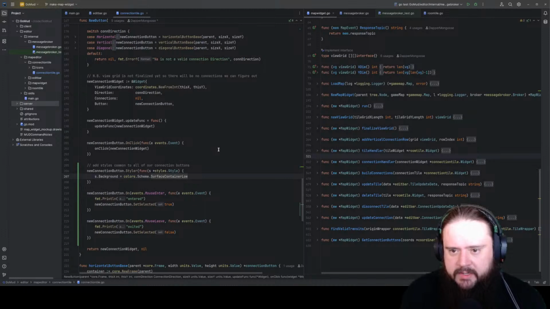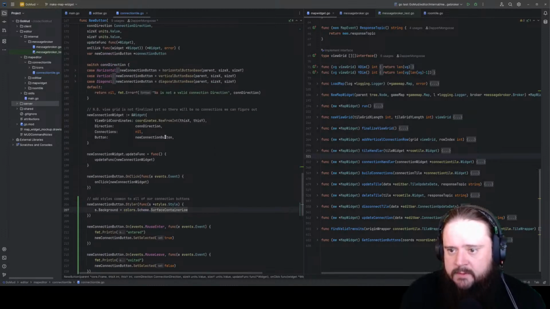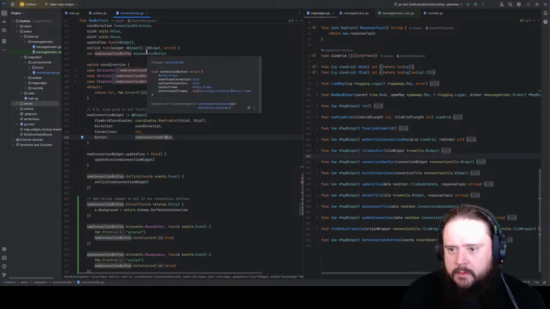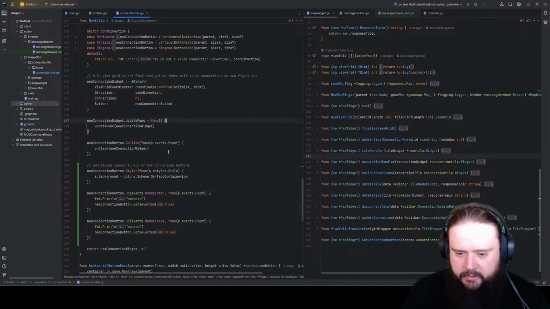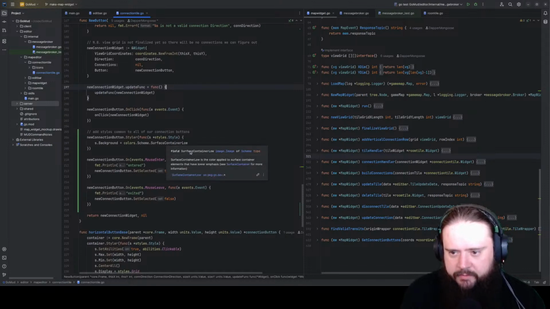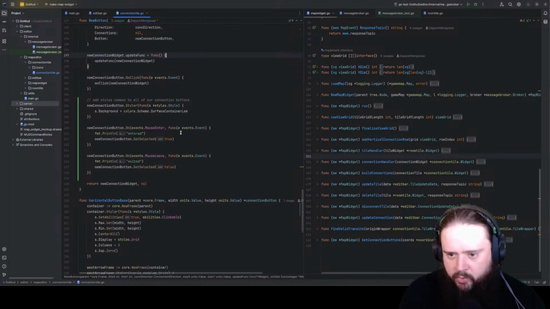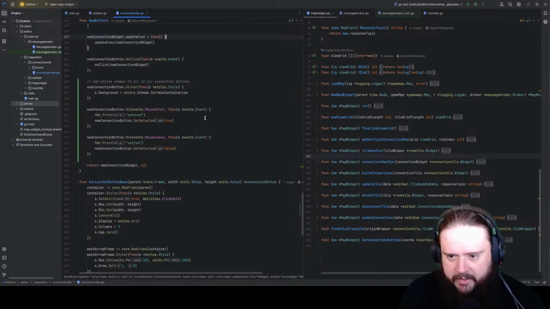Is that because you're a frame and not a widget? But frame should be a widget. Widget is everything, right? Frame is just the base, most basic version of a widget. Other things get more complicated. So why do I not have